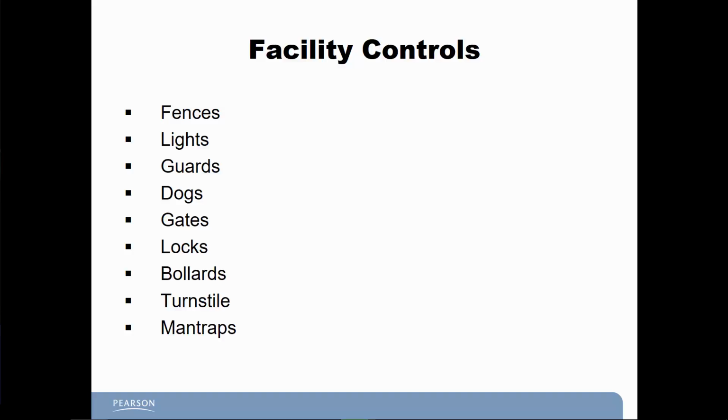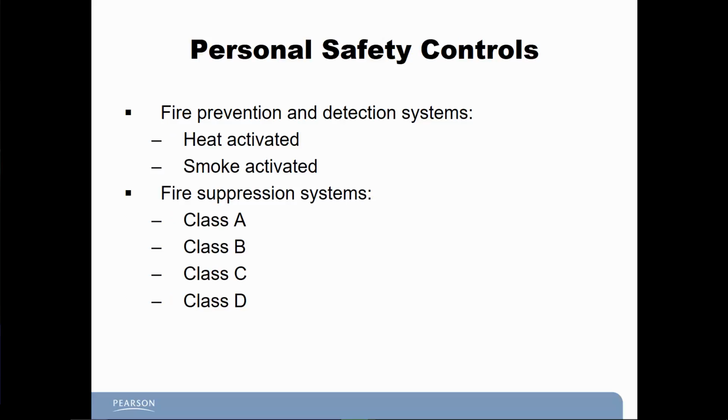So for personal safety, we're also talking fire suppression systems: heat activated versus smoke detected versus CO2 based. Smoke does not always mean lack of oxygen. So we could have different detection systems, prevention and detection systems based off of need. Now, fire suppression systems normally